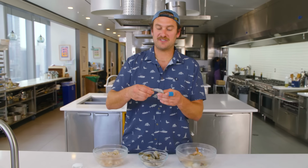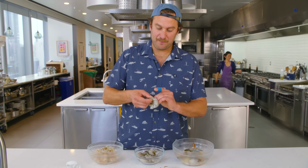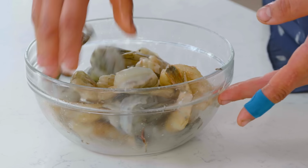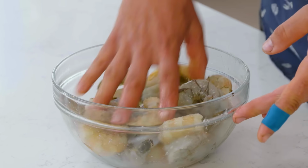liquid, our shrimp stock court bouillon. That's what we're looking for. Jumbo, baby, nice. I always tell people, if you're gonna make something like shrimp cocktail, just get the best shrimp that you have access to or can afford. We got salt, the baking soda, and massage the shrimp with them, let them sit for a half an hour. The end result will leave you with a shrimp texture after you poach it that is firm and snappy and